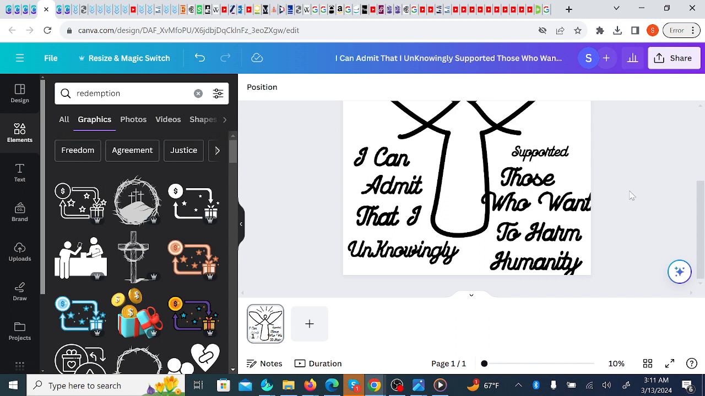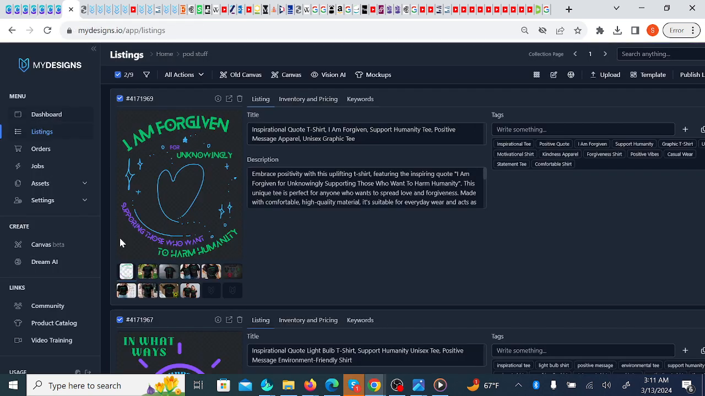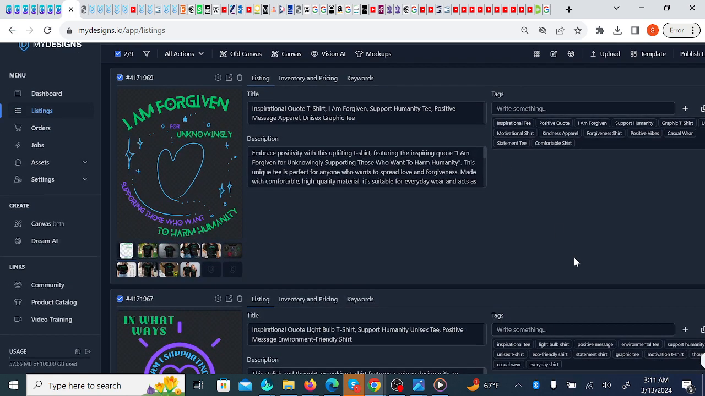Okay, I'm going to go back to MyDesigns now and see if it finished. Yep, all the mock-ups are there. And now we're going to, let me scroll down, make sure. I don't know why it's not letting me scroll down to make sure this one has the mock-ups, but I'm sure it does. Okay, so now we're going to go back up to mock-ups, and we're going to go to